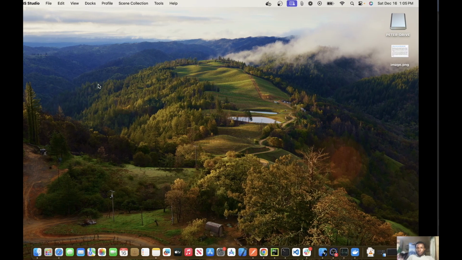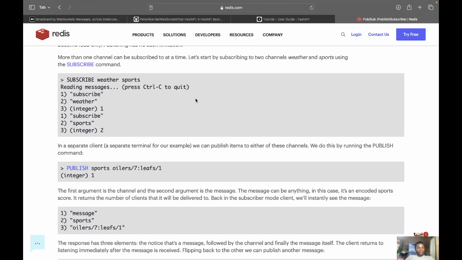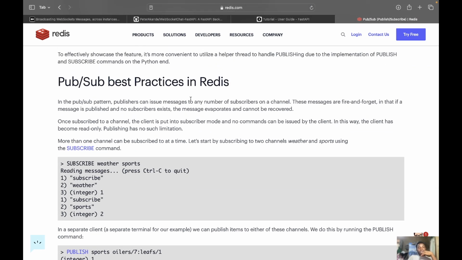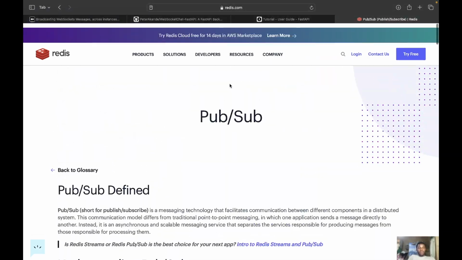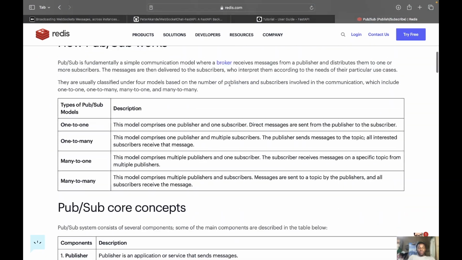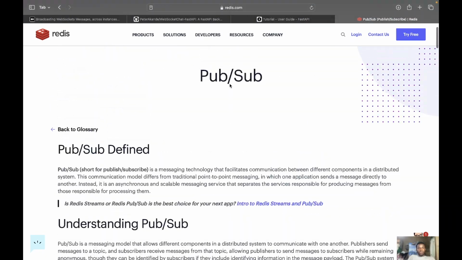Yeah, so currently the main focus of this video will actually be building it so that it can function well in a production-like environment where you have different web workers. And yeah, we'll be using Redis for that. We'll be using Redis to make sure that everything works as it should work. So we'll be using Redis Pub/Sub, and if you want to check more about what Redis Pub/Sub is,